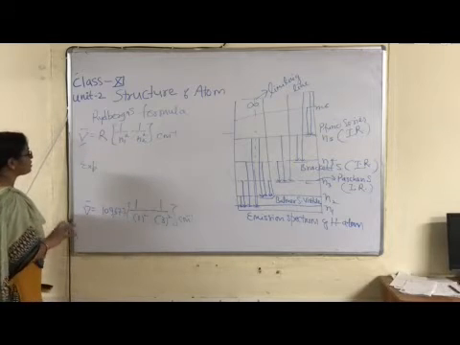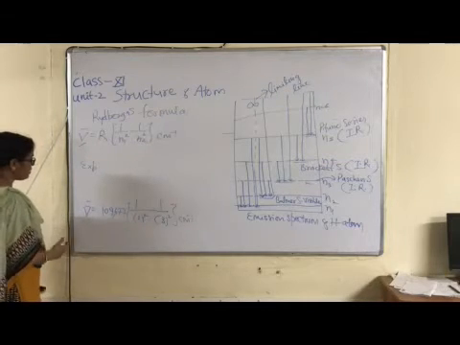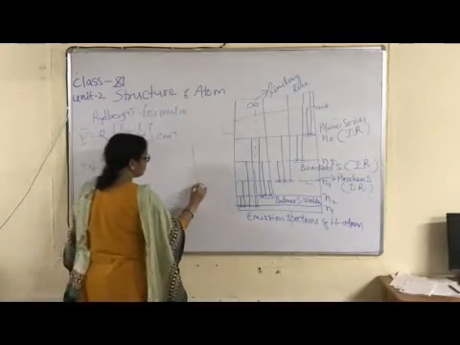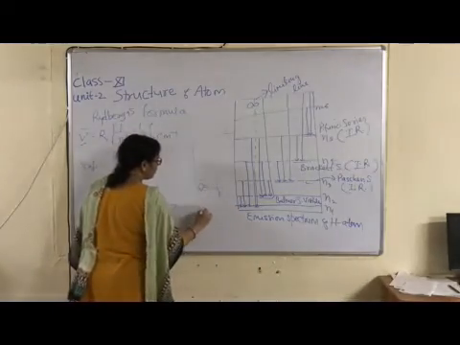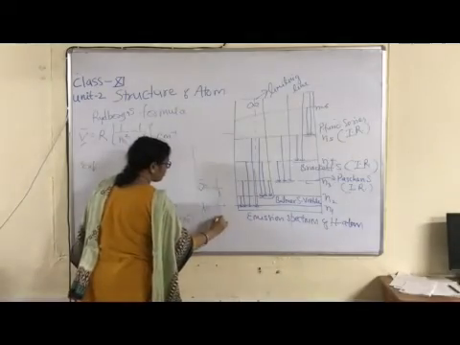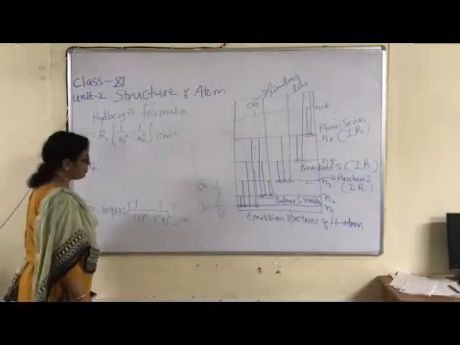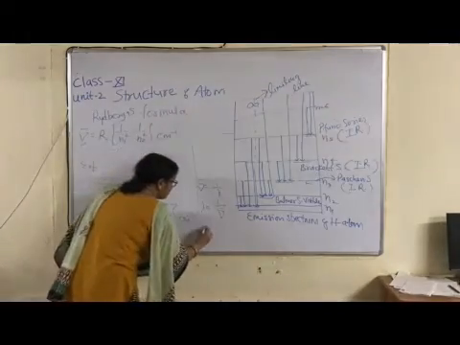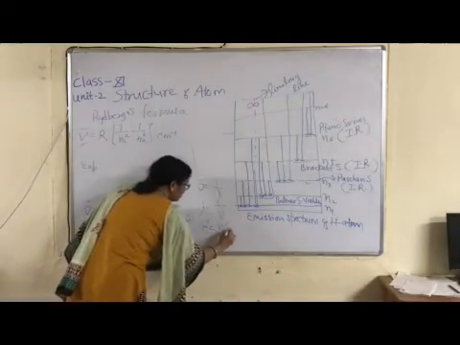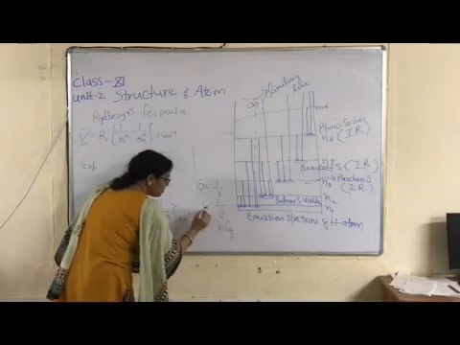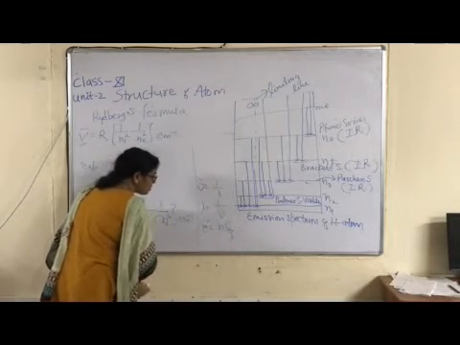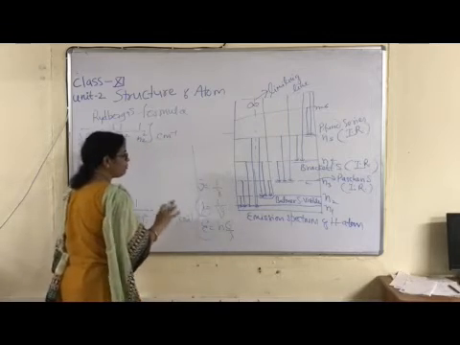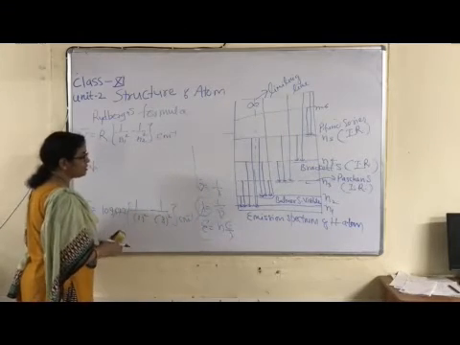So this is the important significance of Rydberg formula. We can calculate wave number. After finding wave number, wave number is equal to 1 by lambda. We can calculate lambda also, 1 upon wave number. Okay. Now next we can calculate energy also. E is equal to h into c by lambda. h is constant, c is constant, lambda from here. Then we can calculate energy of electron in any energy level.